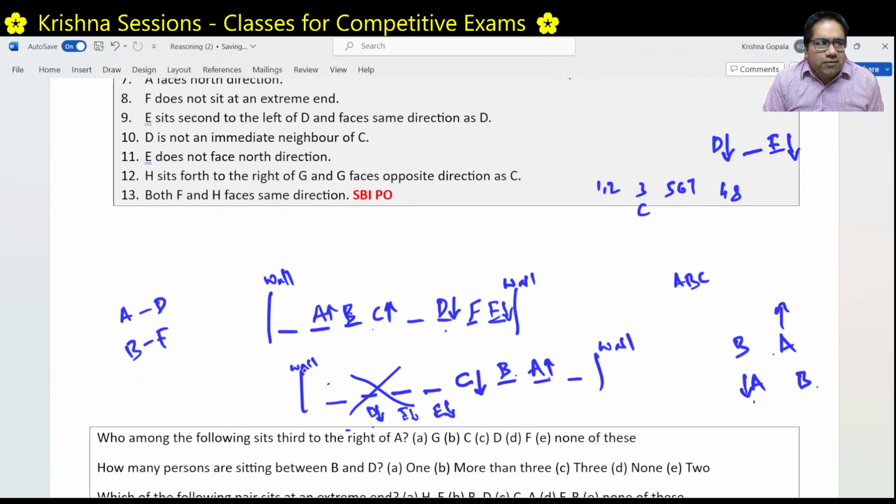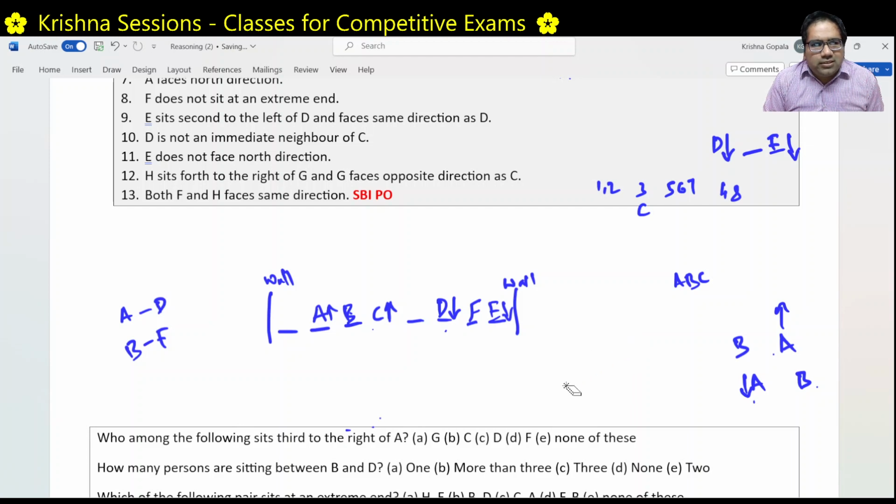So we can actually forget about this. We don't need to worry about this structure. We have to go ahead with the other structure only, right? Let's continue with the other structure now, right? So here we have figured out where F is also. Now then